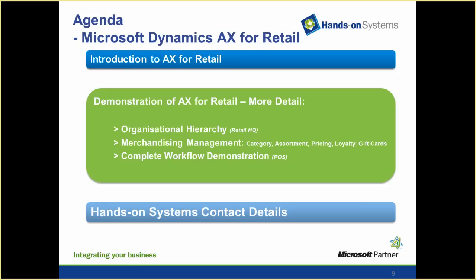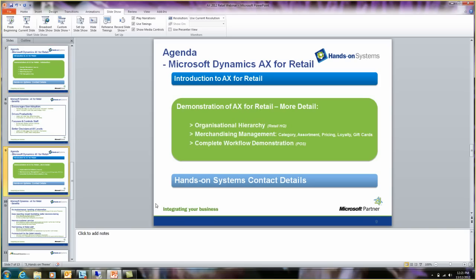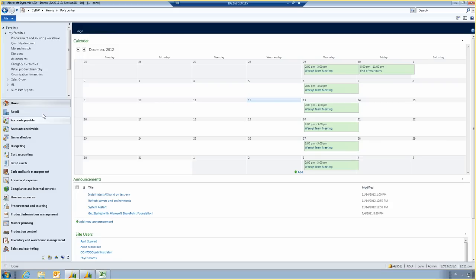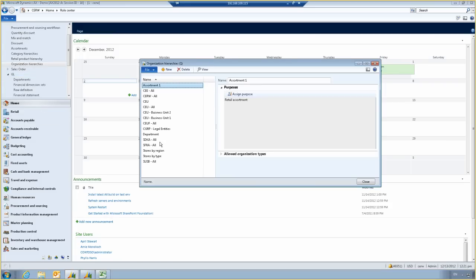So moving on to our next area of our demonstration, which is looking at AX for retail. So what I'm going to be covering off here is I'm going to be talking about the organisational hierarchy, looking at the retail headquarters. I'll be covering off a bit about merchandising management, and then we'll be finishing off by showing you a complete workflow demonstration with the point of sale system. So for this particular exercise, again, I will be logging in as an administrator, and I'll fire up my application. Okay, so the first thing we're going to be looking at is organisational hierarchy,